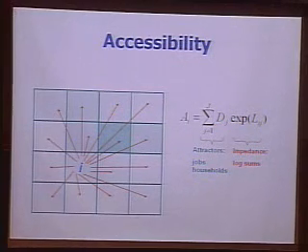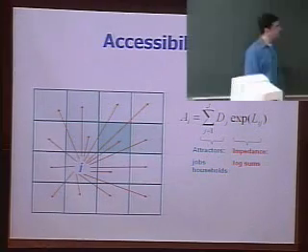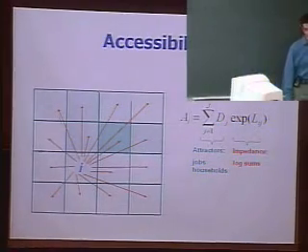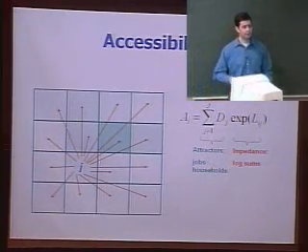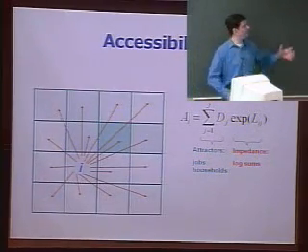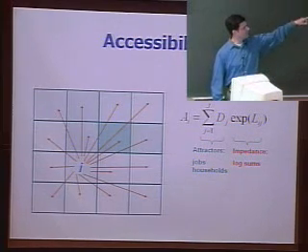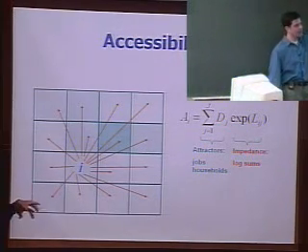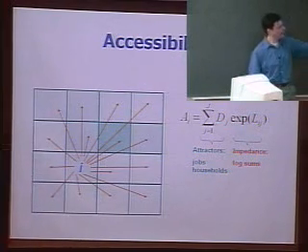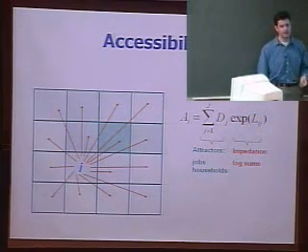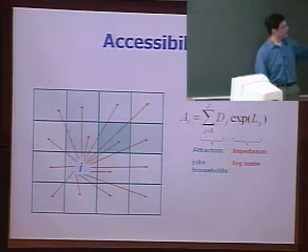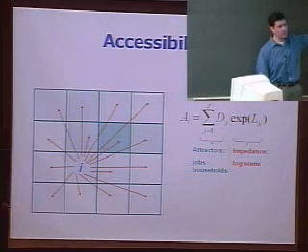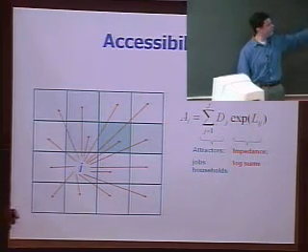The way this is calculated in UrbanSim, and it's done similarly in a lot of other land use models, is a formula similar to that. This is a simplistic one, where on the left side, we measure the size of the activity available in every grid cell, and it'll be some function of the number of jobs or the number of households there. The way I have this, the darker the shading, the more of those jobs or households are in the grid cell.